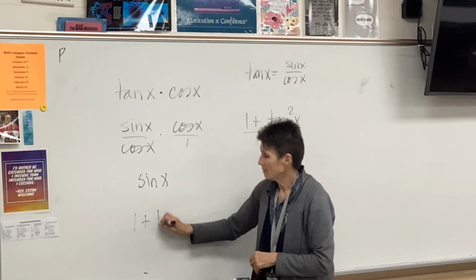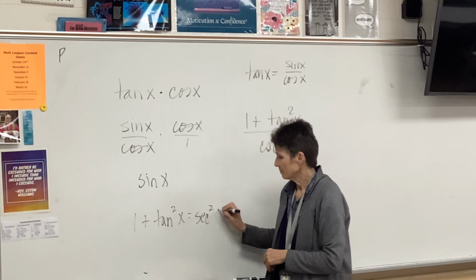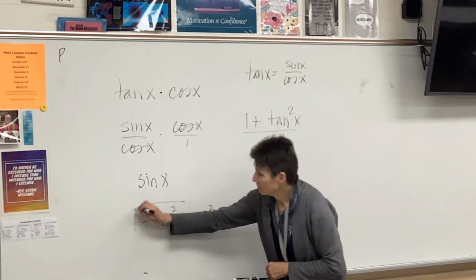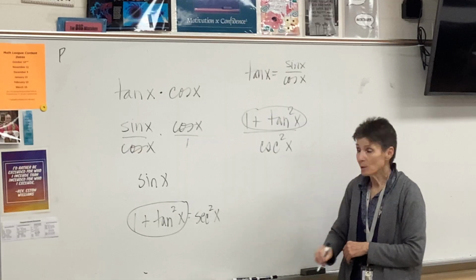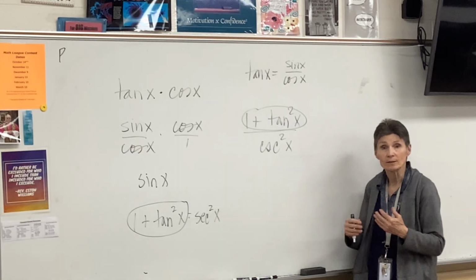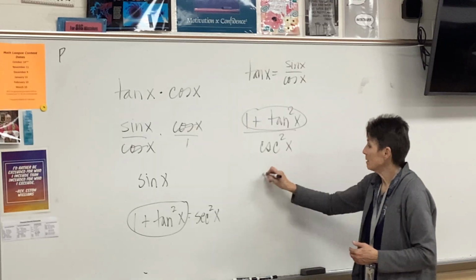Written right on the paper, it says this, guys. So every time you see 1 plus tangent squared, like you see right here, you can replace it with secant squared. It's like substitution. You're substituting in what it is equal to. So this becomes secant squared